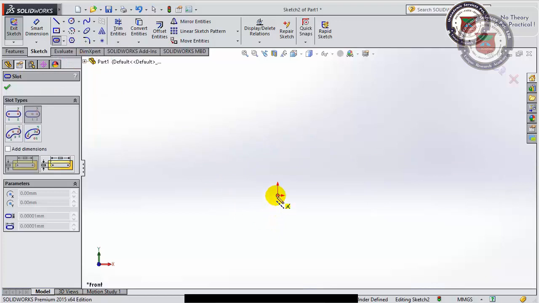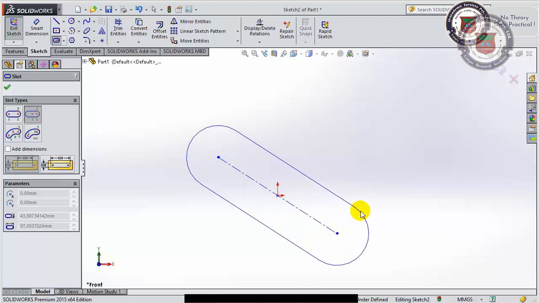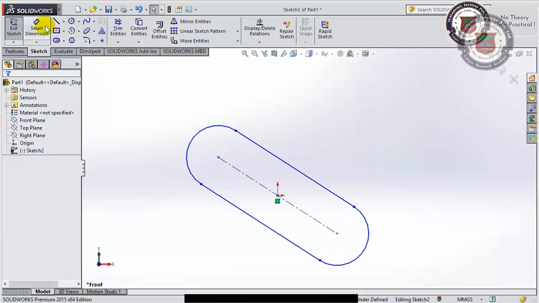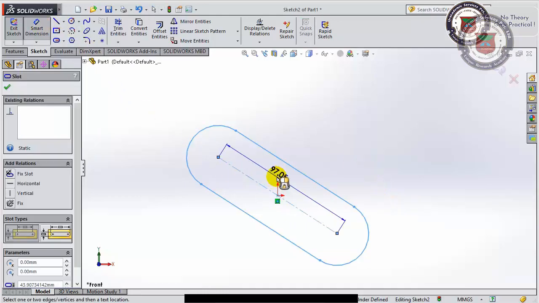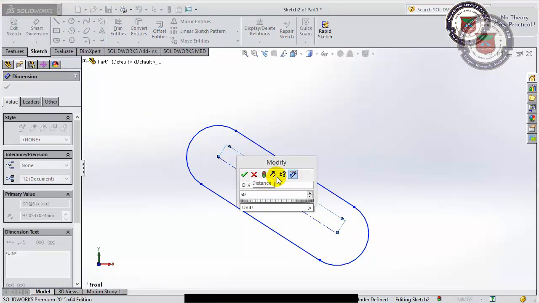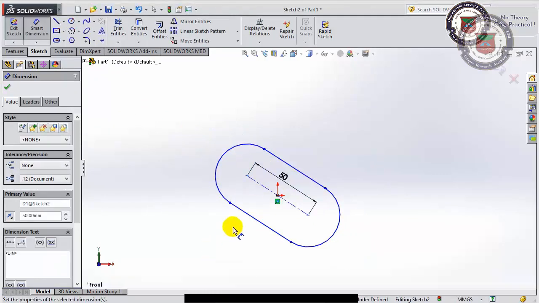In this center point straight slot, we start from the center of this slot, and I can drag the cursor in any direction. Suppose I'm taking it this way. Now I can generate the slot. Same way I can take the dimension, and suppose I'm taking it as 50.